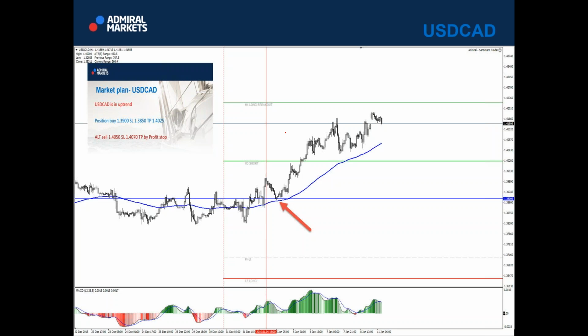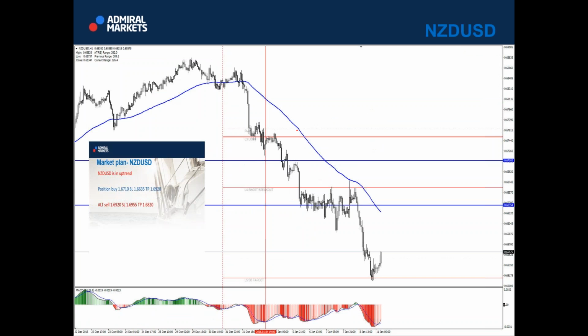I hope that you made some money. I saw some people telling me on Twitter that they had made really a lot of pips. So great. And the only loss was New Zealand dollar. The biggest loss was definitely here, and it was 75 pips. Let me check. I already placed some profit stops here. Australian dollar.